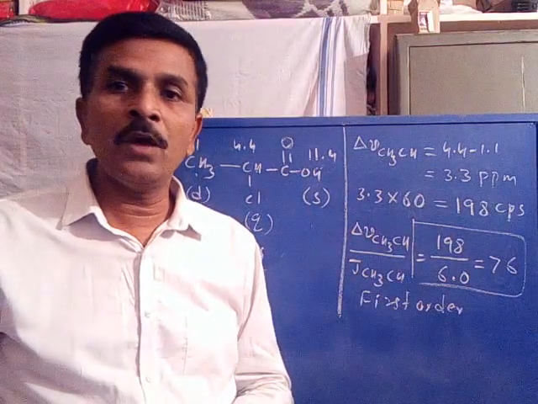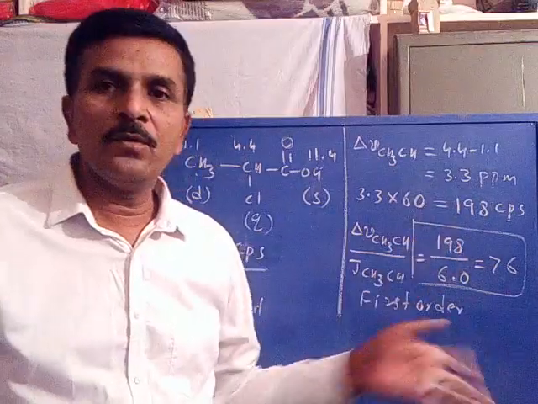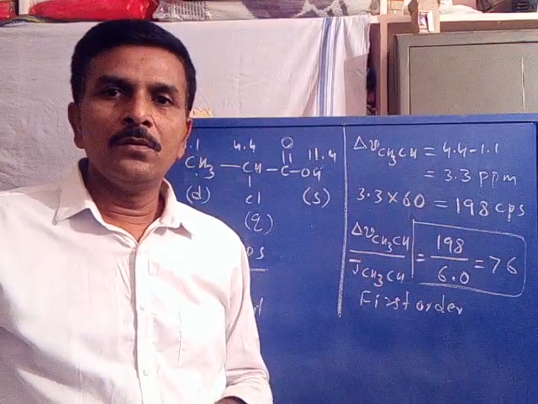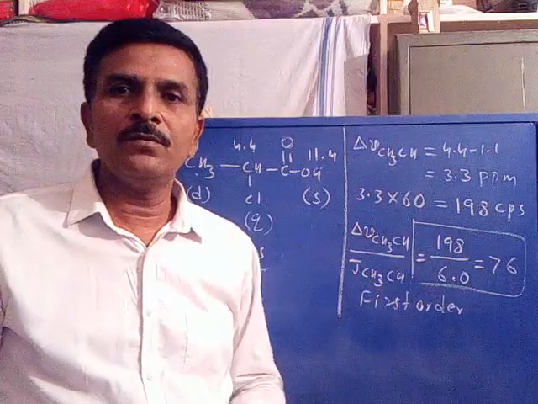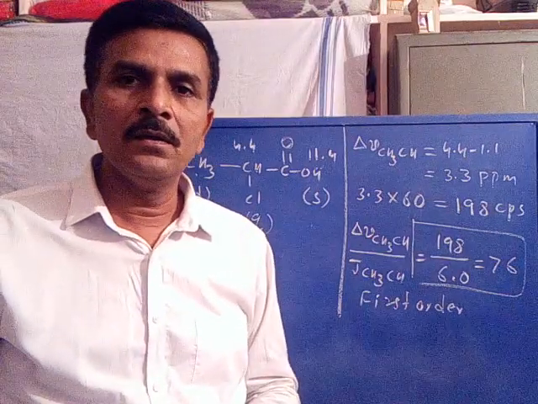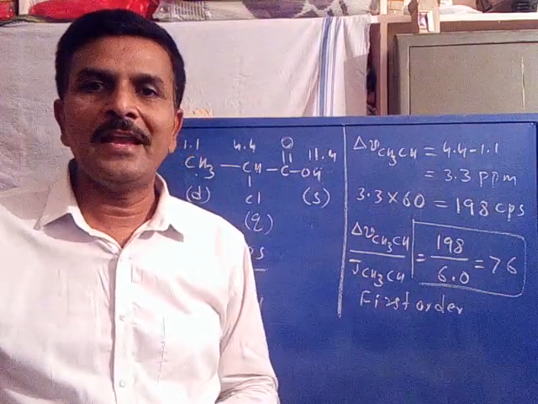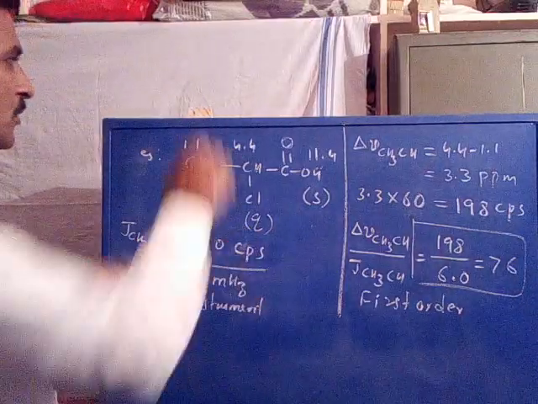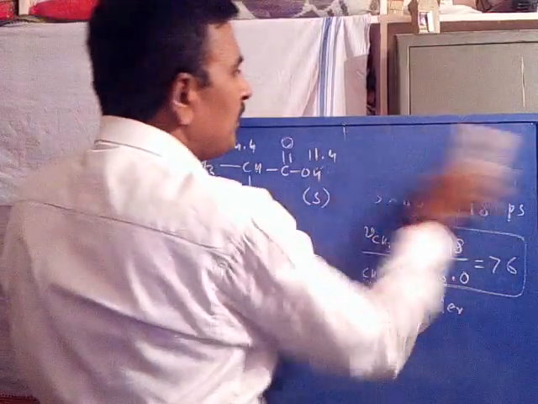Now, in this case, the COOH proton is not coupling with any other. Therefore, there is no nomenclature, no need to calculate delta nu divided by J value greater than 6. So, when there is no nomenclature, there is no need to calculate. Whatever it may be, it may appear as a singlet. Now, this is about first order, remember. Now, coming to the spectrum.